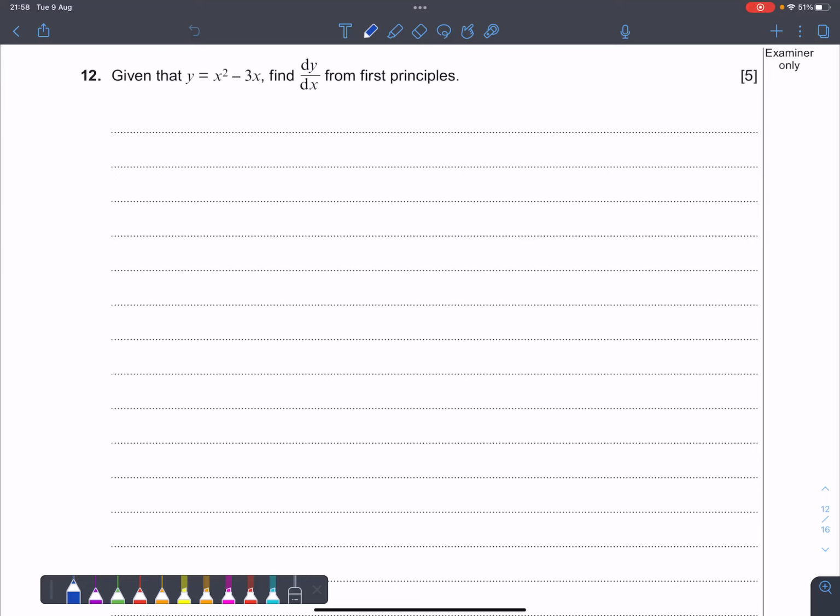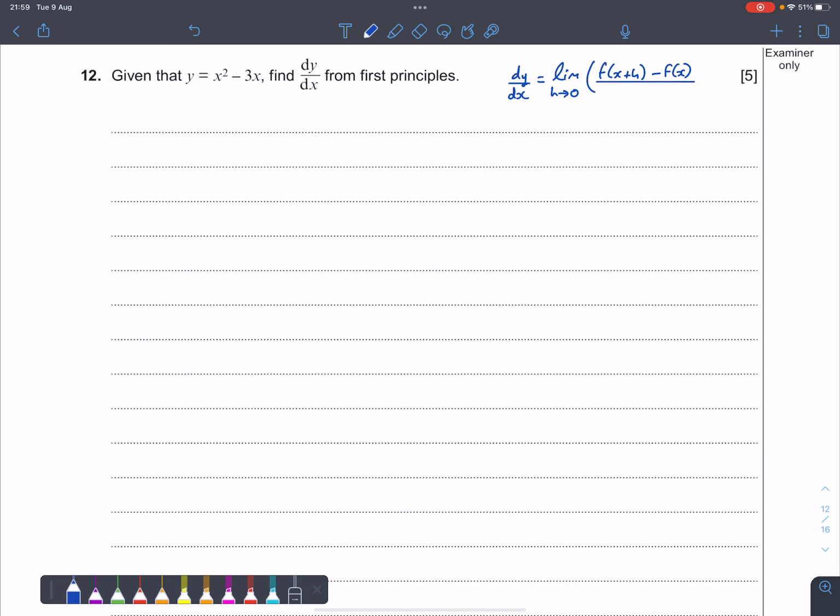Okay, in this video we are going to be looking at question 12 from the WJEC additional maths paper from June 2015. And this is quite clearly a first principles question. So, in order to find a derivative in first principles, let's have a look at the approach that we need to take. So we can say, I'll write it here, dy by dx equals the limit as h tends to 0 of f of x plus h minus f of x